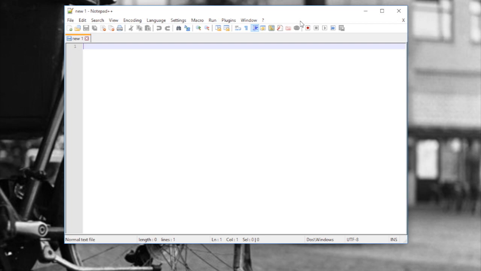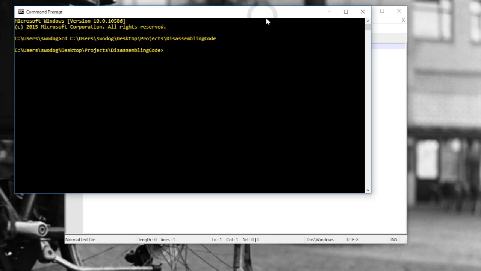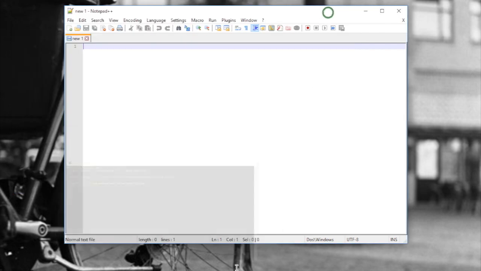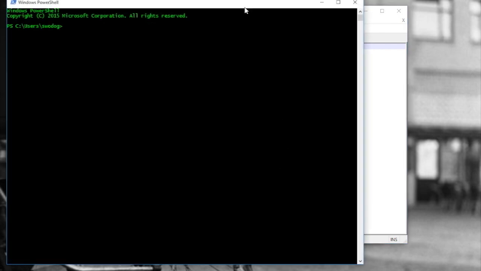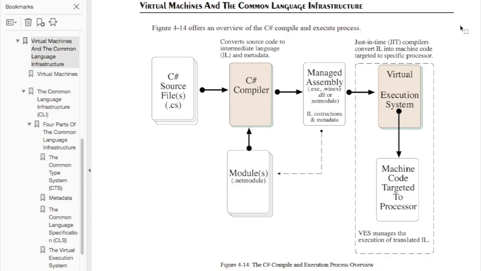And then compiling from the command line, so you can use the command prompt. In another video I have out there, I'll show you how to set environment variables so that your command prompt can find your CSC executable file. Or you can use PowerShell. So there's a couple of tools. However, if you're writing bigger projects, there's a point where your experience builds,